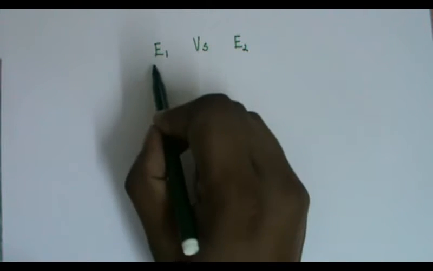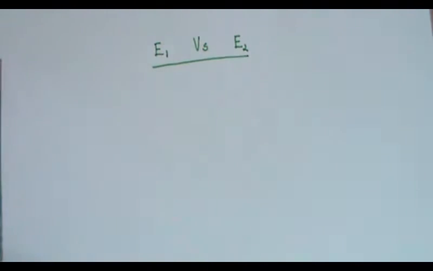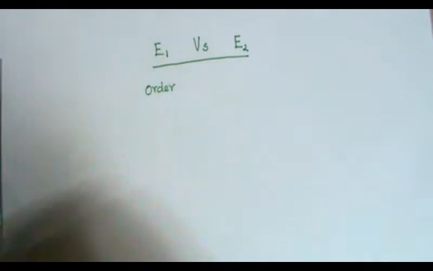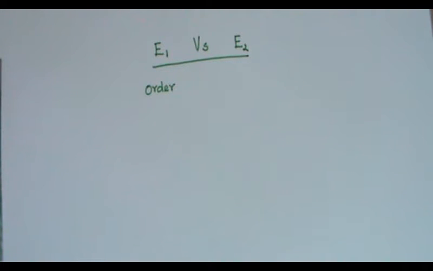In this video, we are going to discuss E1 versus E2 elimination. It is there in the name itself, E for elimination. 1 and 2 refer to the order of the reaction. What is order? You may be familiar with this in physical chemistry, in kinetics, but that is applicable for organic reactions also.